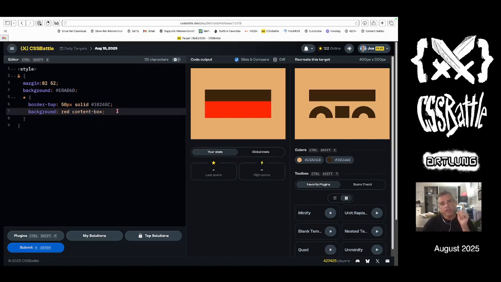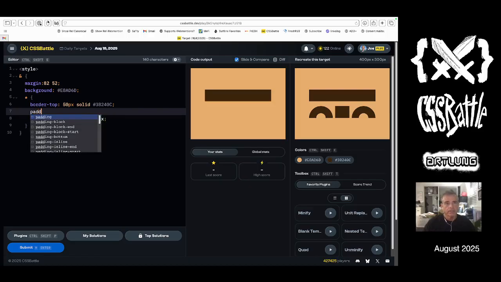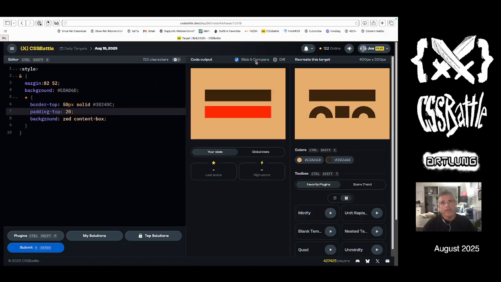So here's what I've done. I set the background as red content box. So in theory, I can set that background to just the content. And so if I add padding top 20 pixels, that will do what I want. And yeah, it kind of does do what I want there. So what do I do to do the rest of this? How